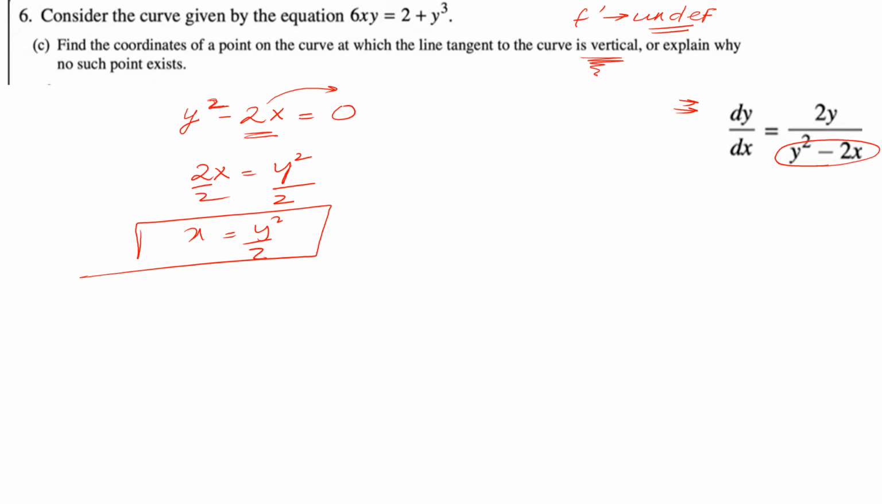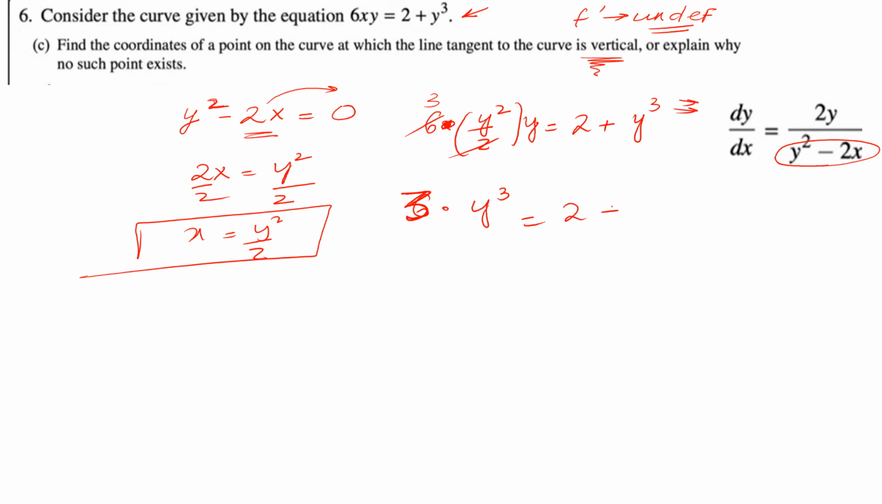Now put this value of x in the first equation. In the first equation, we will have here 6x, and in place of x I will write y squared over 2, and in place of y I will keep y as it is, 2 plus y cubed. Now solve it. y squared times y gives me y cubed, and 2 and 6 will be cancelled out, so I will get 3y cubed equals